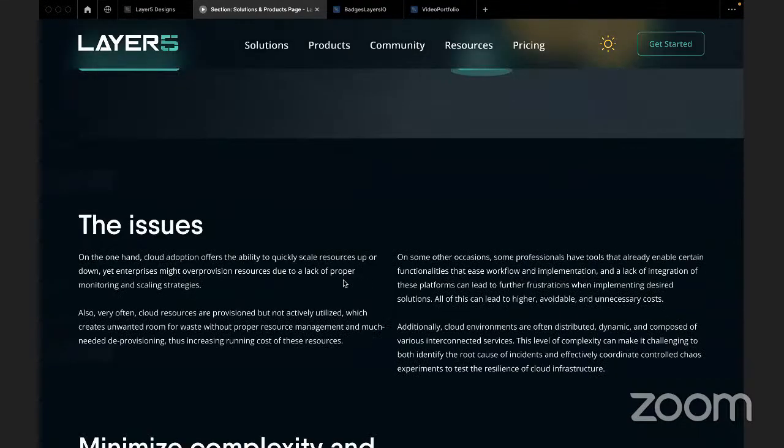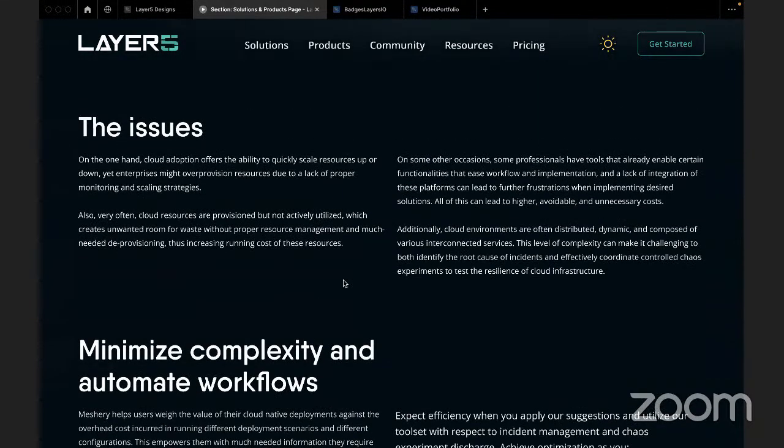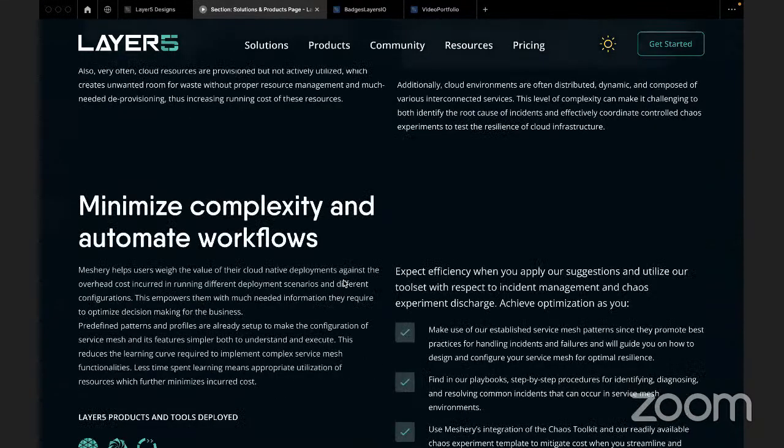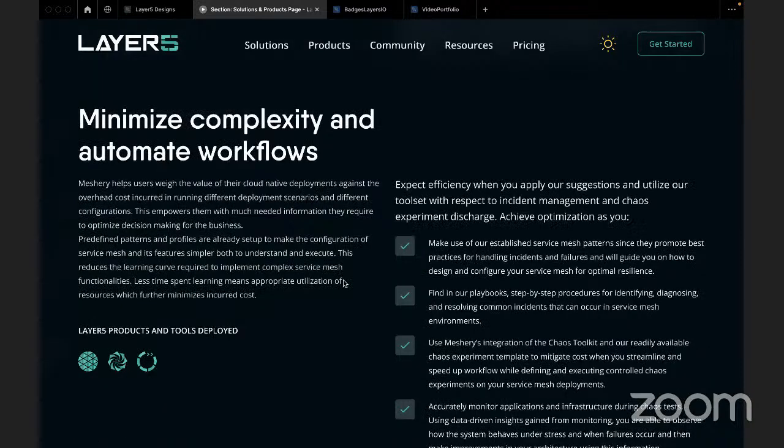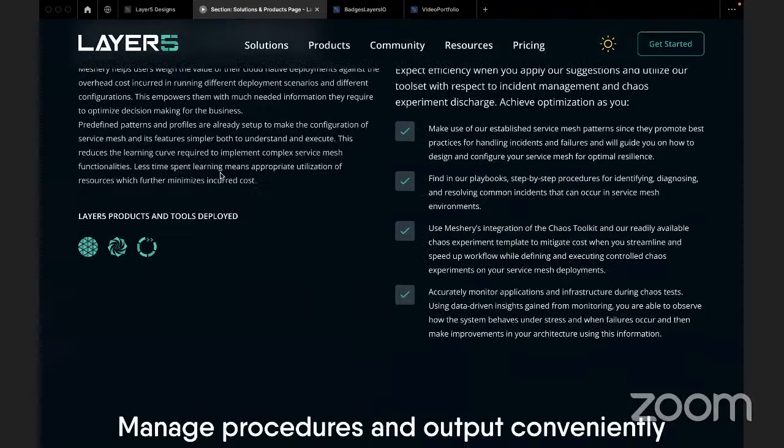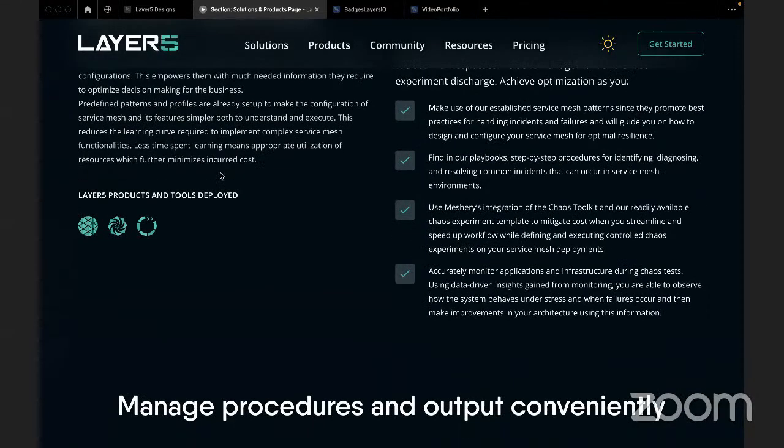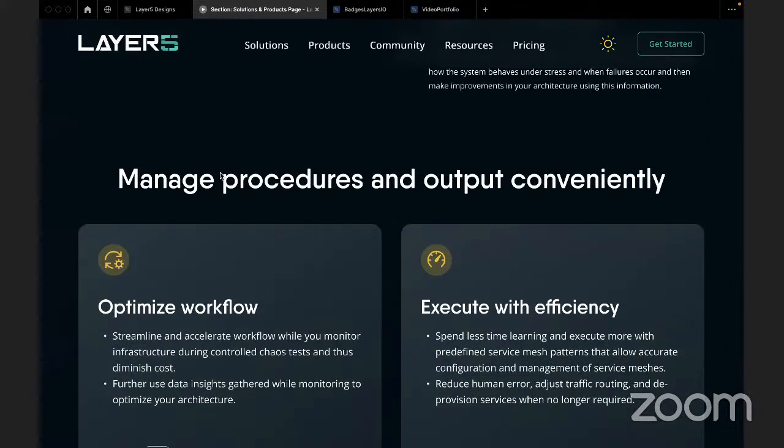First we will address the issue, and secondly how we can use Layer5 products to tackle it. We have given some details about our solutions, and some checkpoints to be ticked. And the third section is for features which we provide as a product based company.